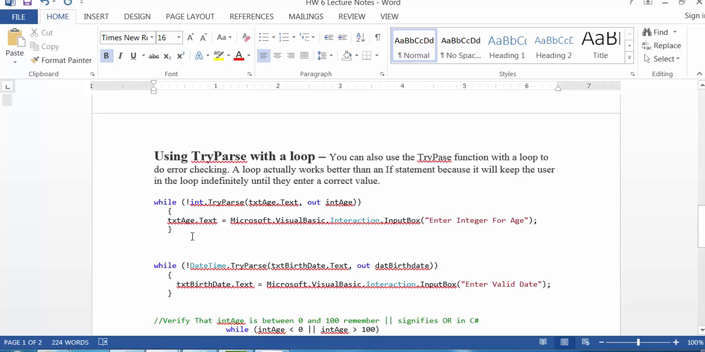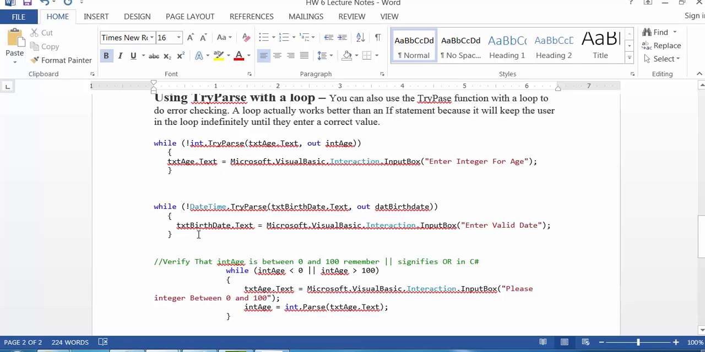Again, it's a really nice little checking mechanism. Just like up above, when we did the if statement for integer, we can also check if a date is actually a true date. So here I've got while not DateTime.TryParse(txtBirthday.Text, out dteBirthDate), saying, hey, if I can't take this information in the text box and successfully put it into the variable called dteBirthDate,